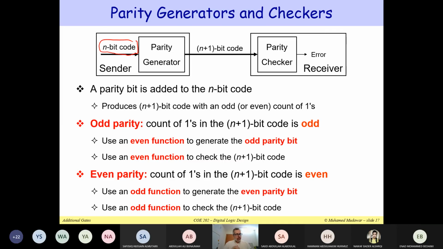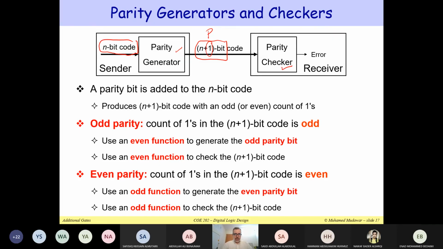So suppose that the sender would like to send this n-bit code to the receiver. Now, the sender is going to use a parity generator to generate an extra bit. This is my extra bit, and this is the parity bit. So it's going to send the n bits plus an extra parity bit to the receiver. The receiver is going to receive n plus 1 bits, and then it's going to use a parity checker here